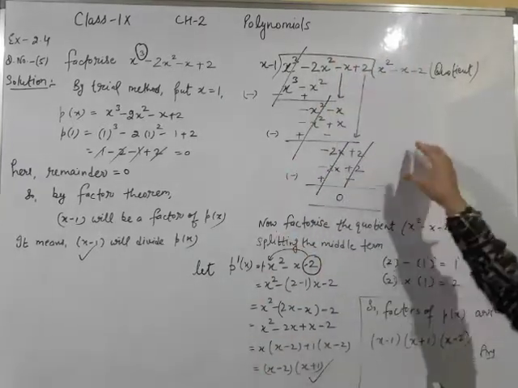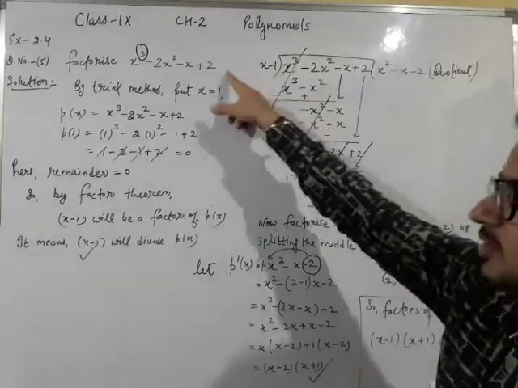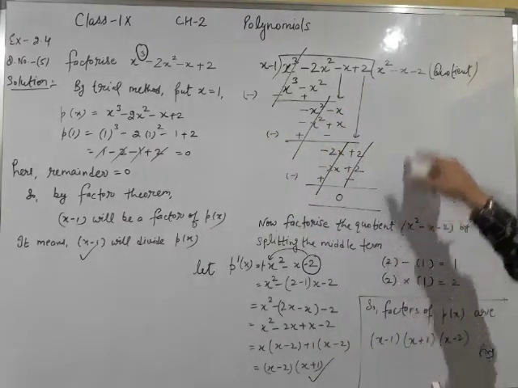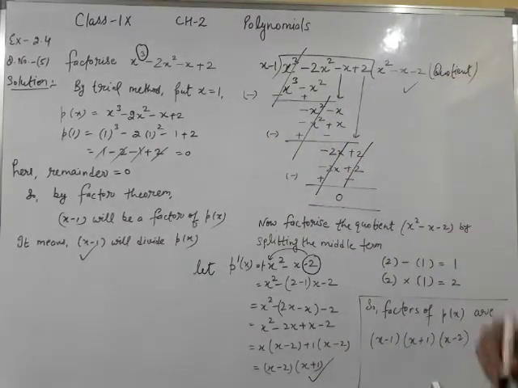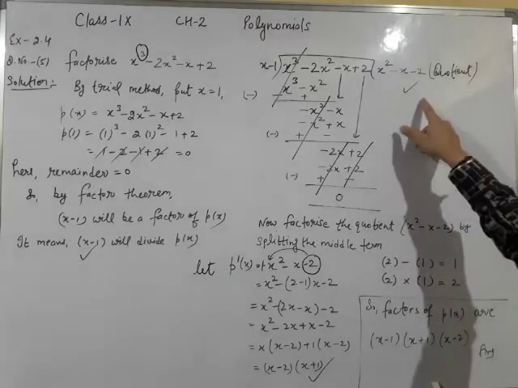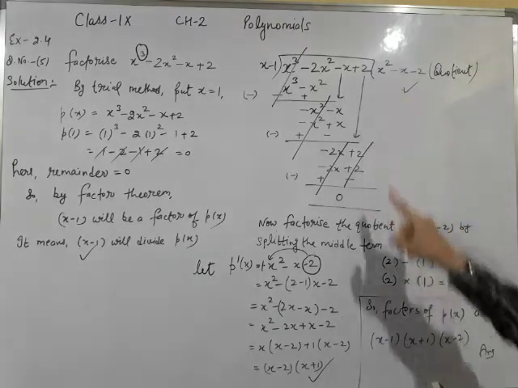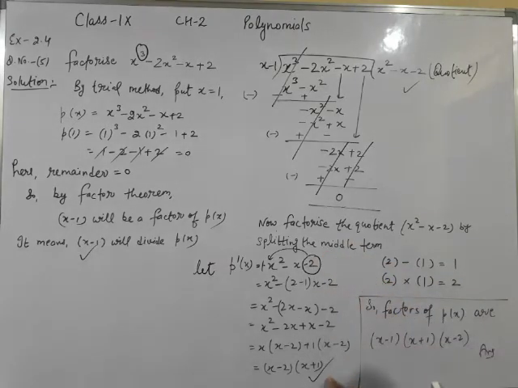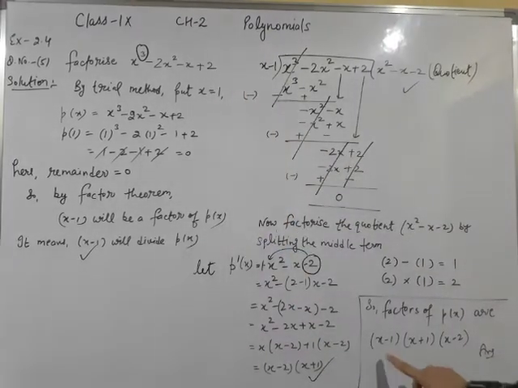So in the next step, we have divided this cubic polynomial by the factor x minus 1. After performing this division, we have got a quotient, and when we observe this quotient, it is a quadratic polynomial. After solving the quadratic polynomial by splitting the middle term, we have found the two solutions. So finally we have three factors of the cubic polynomial, that are x minus 1, x plus 1